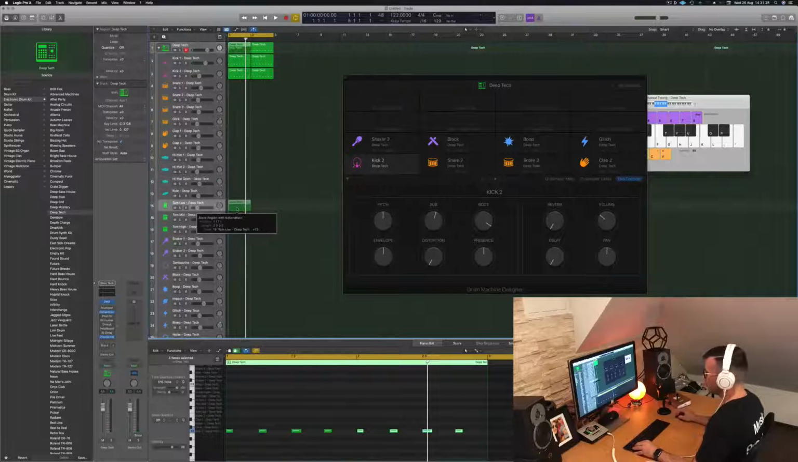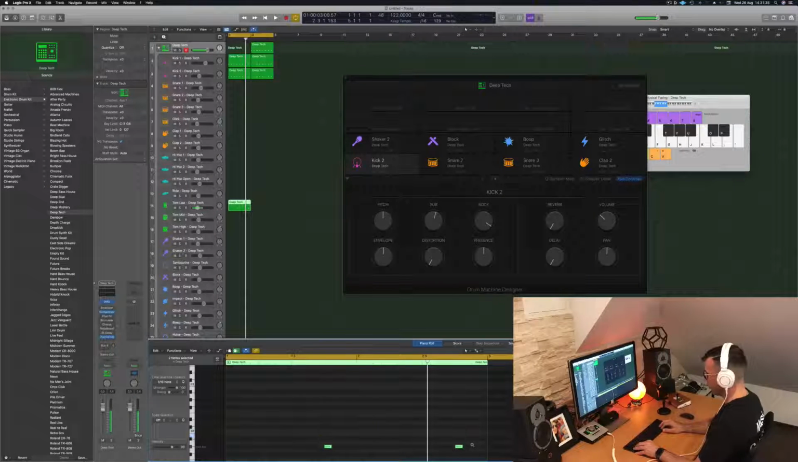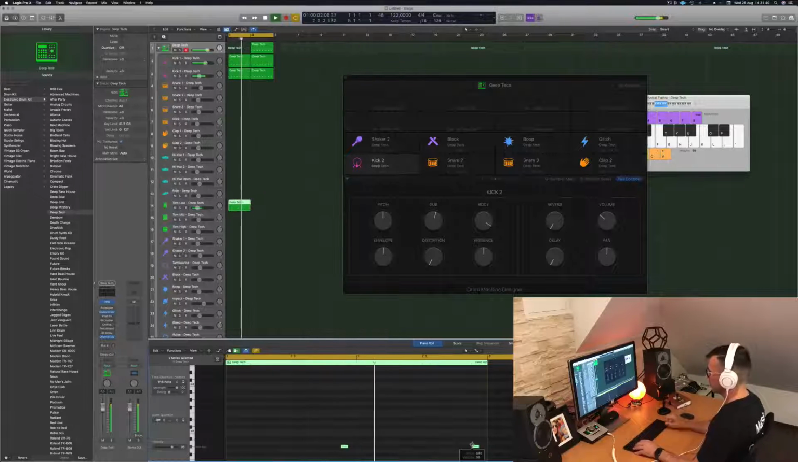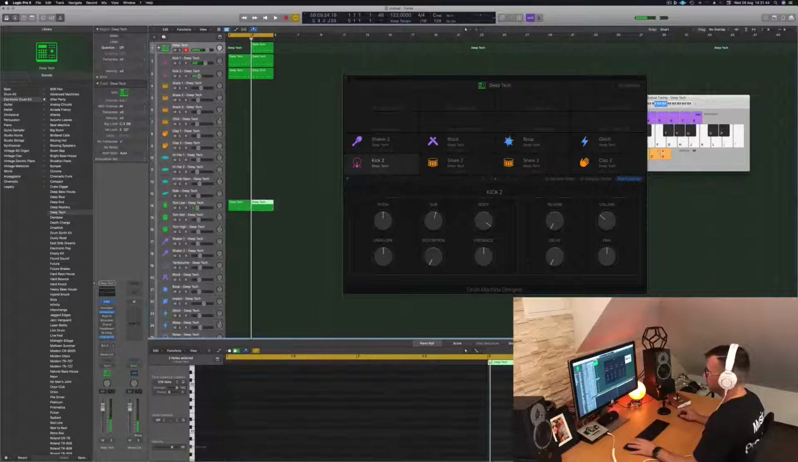I'm going to go with the low tom here. So the low tom is going to be here. I'm going to bring it to where its root key is. It's nice, but